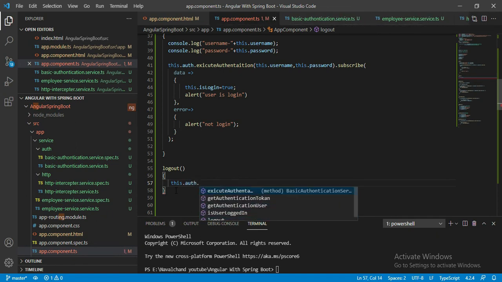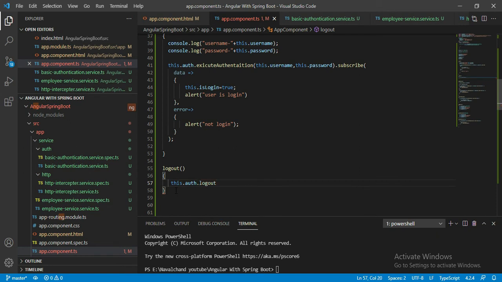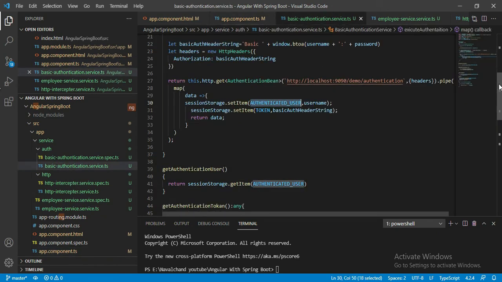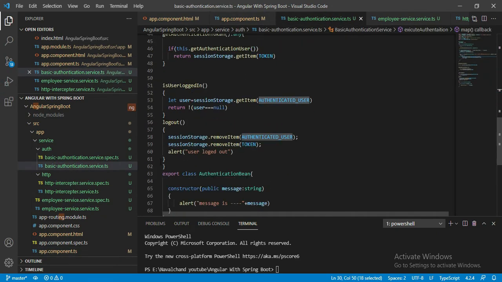We have here logout method we created already inside this service. I'll simply show you. Here you can see logout method, and what inside the logout method, simply remove the item from session. Session storage dot remove item, the authentication user and token, those two items should be removed when we execute this logout method.